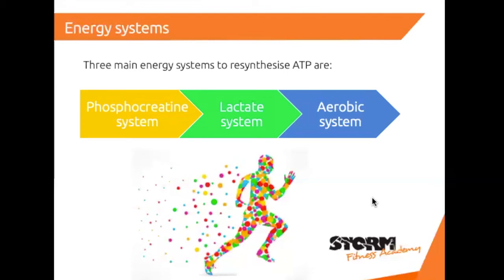Okay, so we've got 3 energy systems that will utilize our macronutrients to produce something called ATP. So it doesn't matter whether you're eating fats, carbs, or protein. If you're using it for fuel to create movement, it will eventually be turned into ATP. ATP is adenosine triphosphate, and it's often referred to as the universal currency of energy, which means that every time,